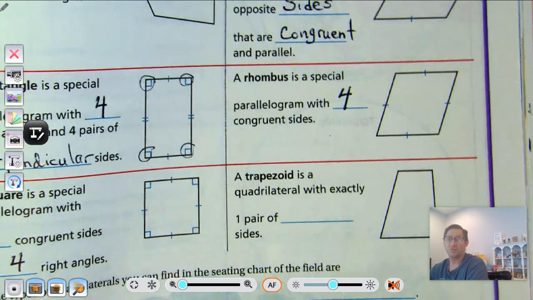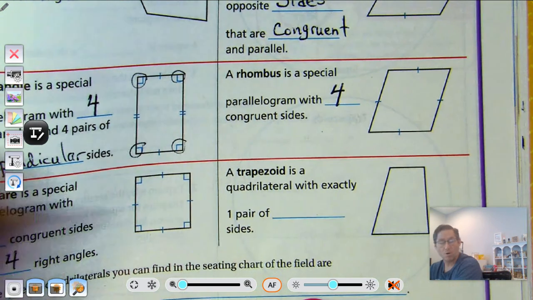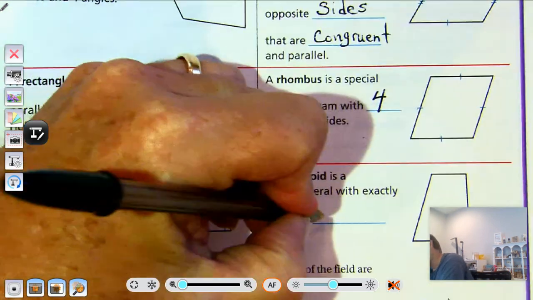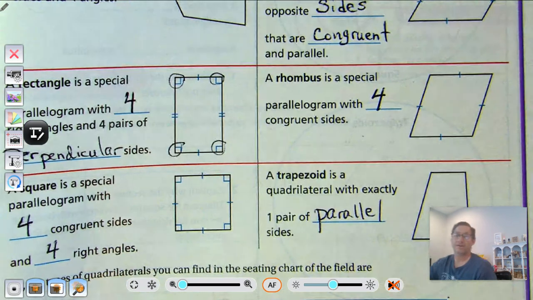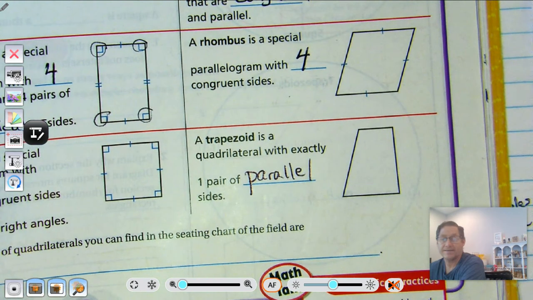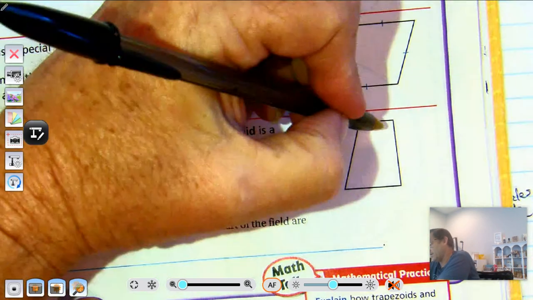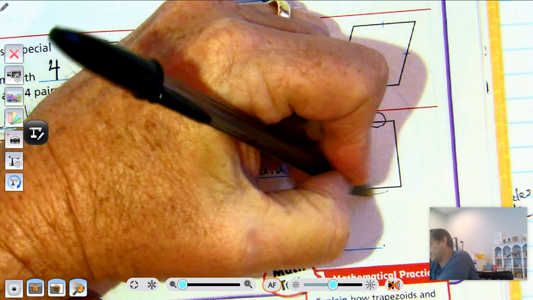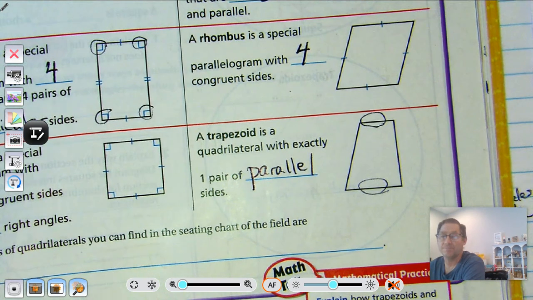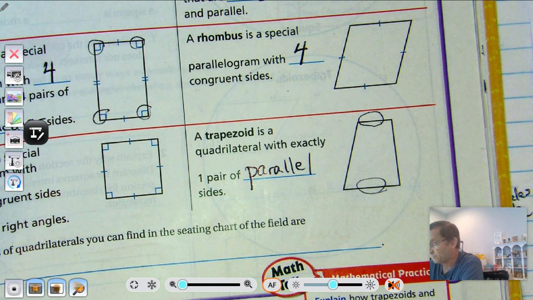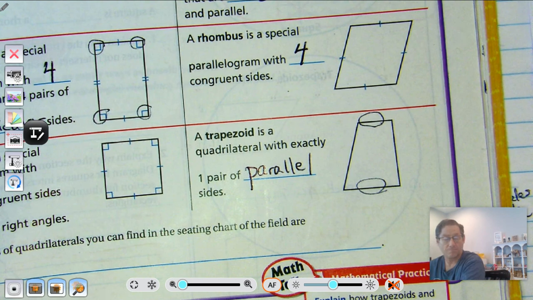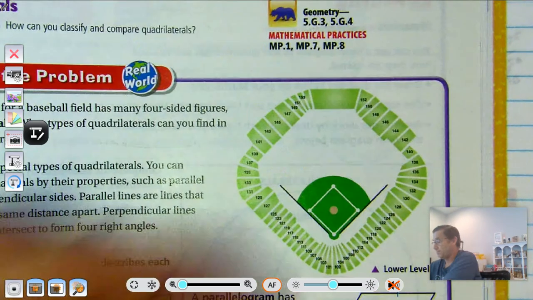A trapezoid is a quadrilateral with exactly 1 pair of parallel sides. If it has 2 parallel sides, it cannot be a trapezoid. So here, those 2 sides are parallel. So the types of quadrilaterals you can find in the seating chart of the field are, all right, well,